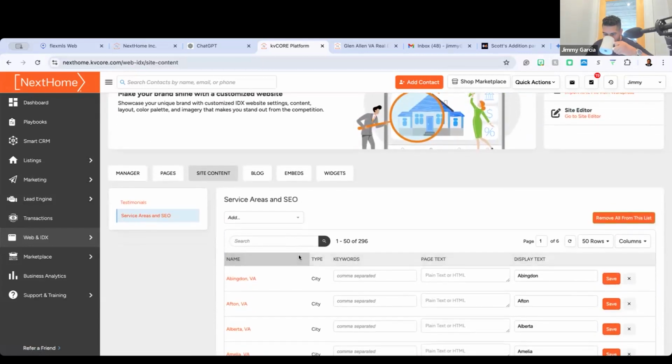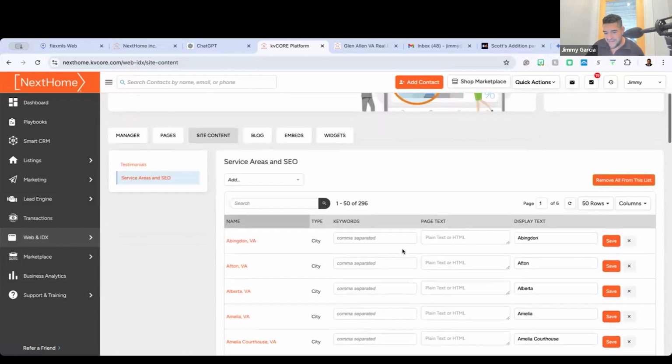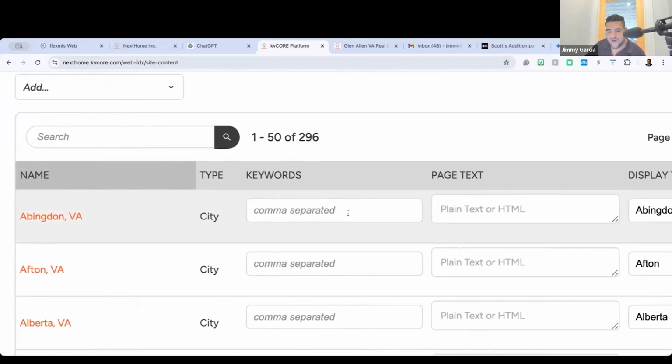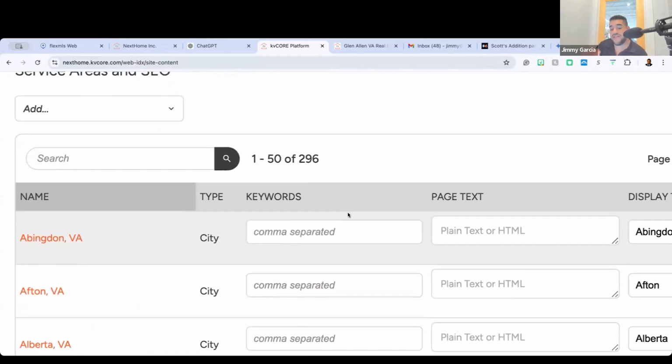Now, a common question that I get is, all right, well, Jimmy, what is this? What are keywords? This is for your SEO, search engine optimization. So I'm going to say homes for sale, comma.